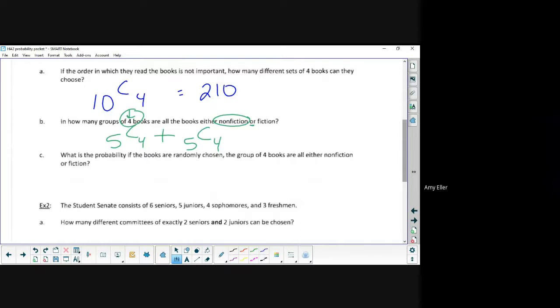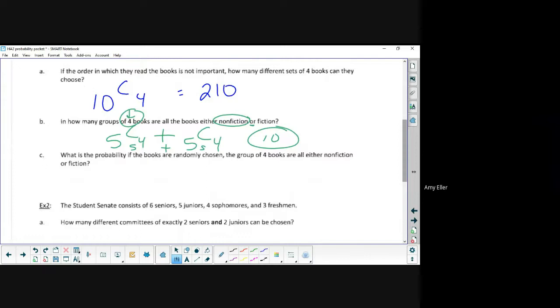This one can be done in your head. Think of it this way. I have 5 books. I need to pick 4. Won't one be left out every time? So I could leave this one out, or this one, or this one, or this one, or this one. How many different ways can I do that? 5. Leave a different one out each time. So you can use a calculator, but that one is something you can do in your head. So 5 plus 5,